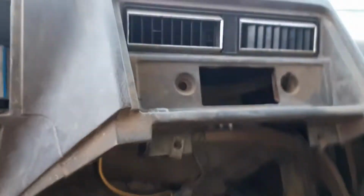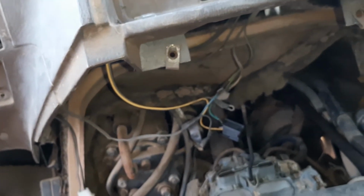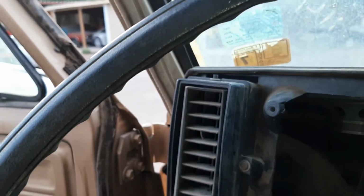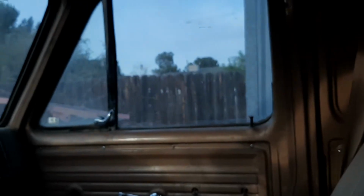All the wires for the climate control were disconnected. I got those all plugged back in where they go. But it's about ready for a road test as soon as I replace that master cylinder. I picked up a new air conditioning vent that was missing. But yeah, everything looks great. I don't think I'll have any issues taking it for a test drive. I'm going to replace the windshield first, though. I don't like that at all. So I'll get that replaced and reinstall the